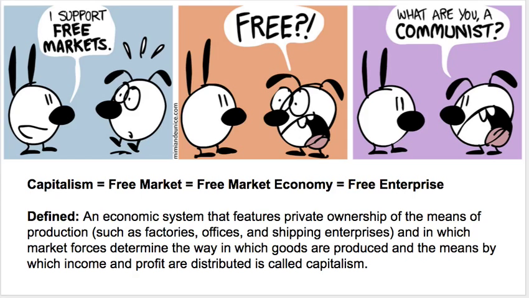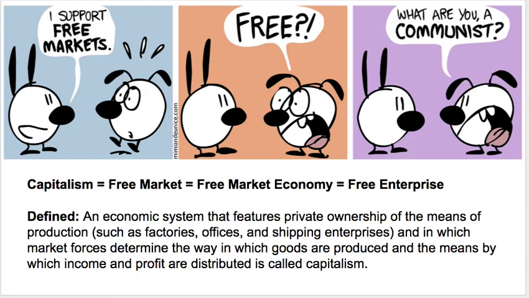I just wanted to make this quick screen recording to explain the three types of economies in further detail. So at this point, hopefully you have your graphic organizer in front of you as you're going to take notes on capitalism, communism, and the mixed economy. So we're just going to go into a little bit more detail than you saw in that first video.